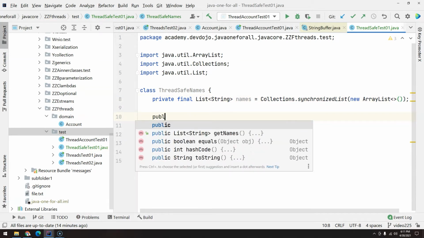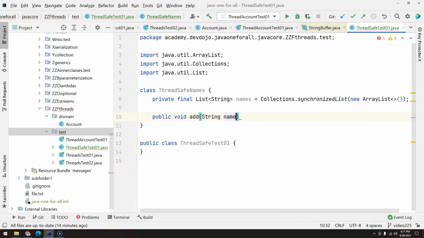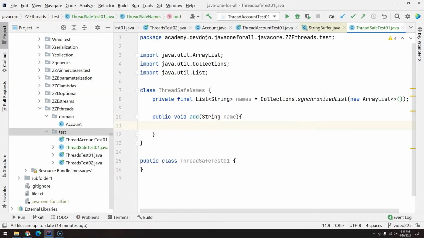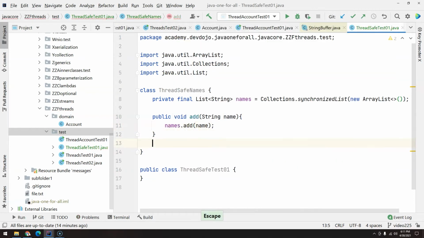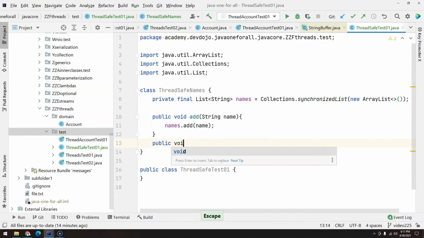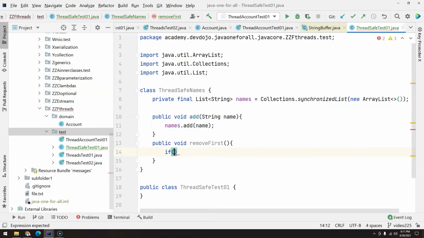Now I'm going to create two methods here. One, public void add, where I'm going to ask for a name, and then I will add names.add this name. And then I will create here public void removeFirst, and then I will check, because if I remove it first, it's a good idea to check if names.size is actually bigger than 0.